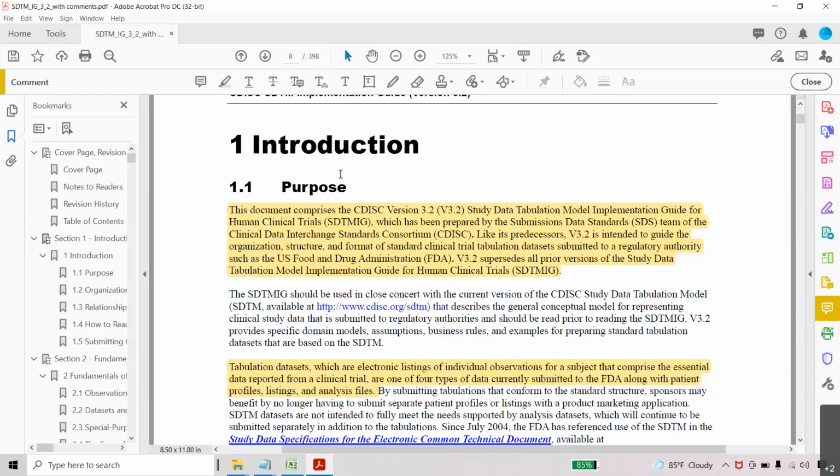Even though we have the SDTM IG, people will make unknown mistakes, because it is not possible otherwise: you may work on 3 domains, I may work on 5 domains, someone else will work on 5 domains, and collectively different people will work. Then who will check the authenticity? There is an application called Pinnacle 21. Previously it was called the OpenCDISC Validator. With the help of the define.xml, it will check the data consistency. And it is a very important interview question also.